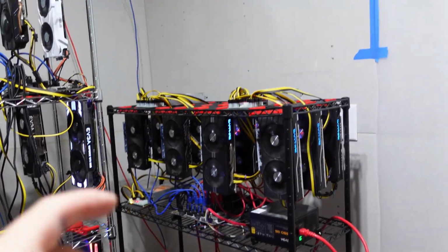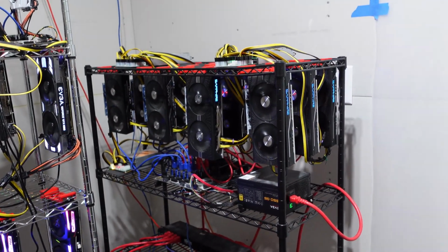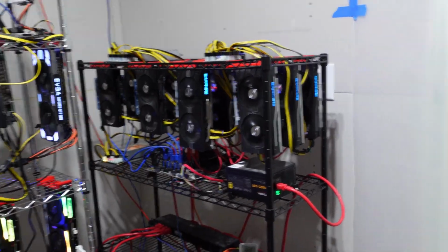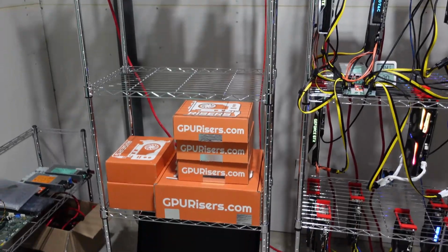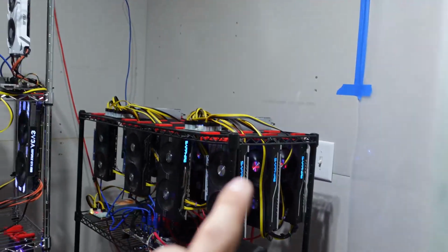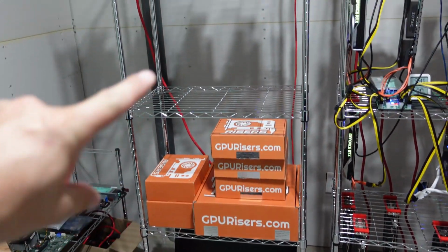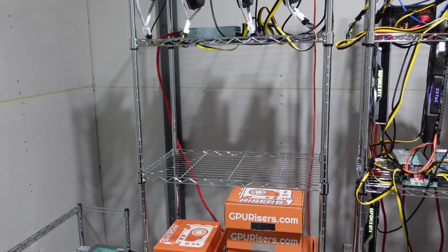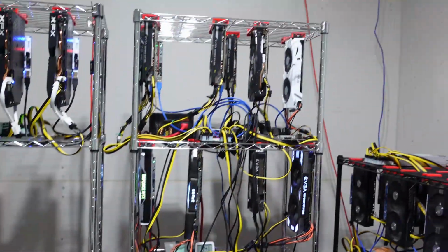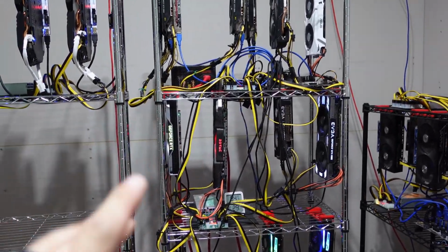Something I do plan on doing, this is my first big rig that I built. It's a 12 GPU rig. I want to get it off of this rack because I want to get all my rigs on these rolling racks here. They're so much easier to work with and move around. So I'm most likely going to take this rig in a future build, break it down, clean it, and then rebuild it entirely from the ground up into this rack here. It's 12, so it's going to take up 2 racks total, kind of similar to this guy. You see how there's 6 here, and then this one's kind of scattered. So we're going to redo it a lot because,